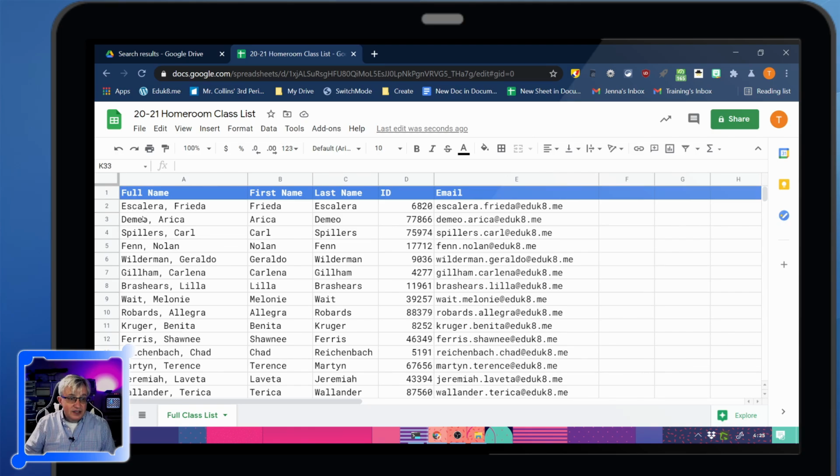Now, if you notice, these are out of order. We need to alphabetize them. That's why I include a full name field with last name and then first name. A lot of teachers I see will have the full name field, which is just first name space last name. Well, that's kind of a useless field because you can't sort. You can sort by first name, but who wants to do that? To sort this,